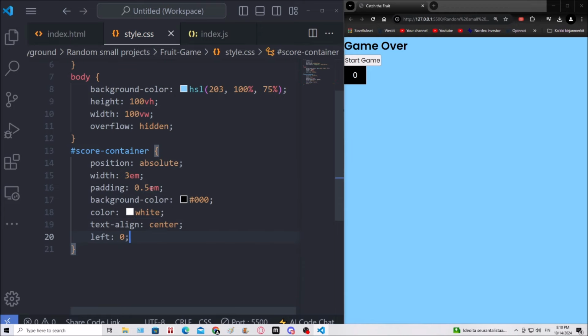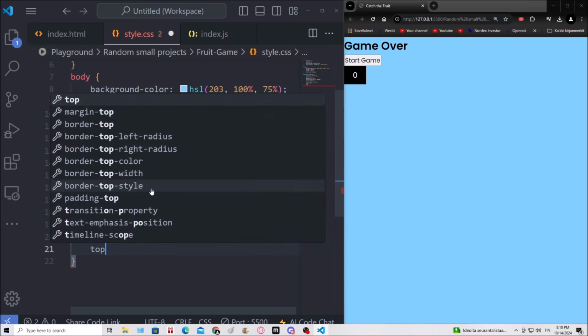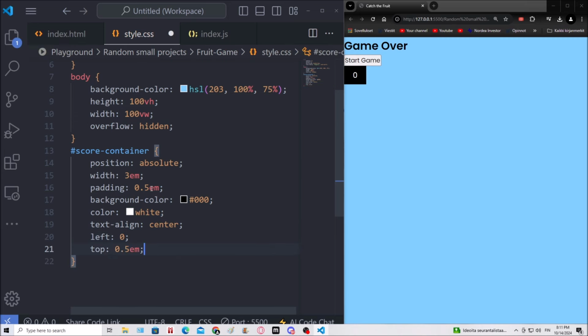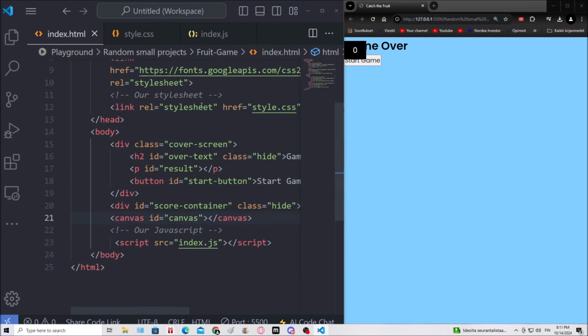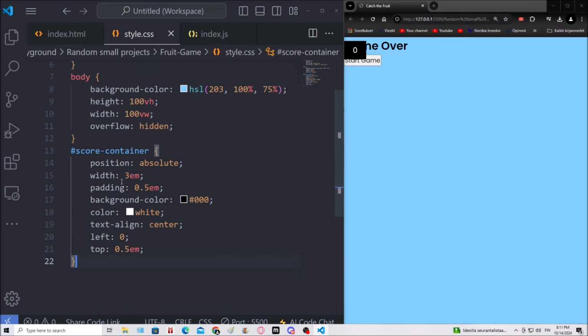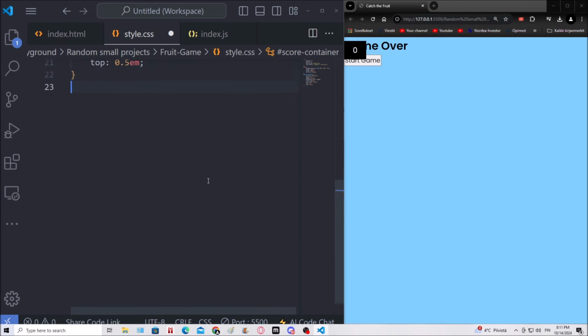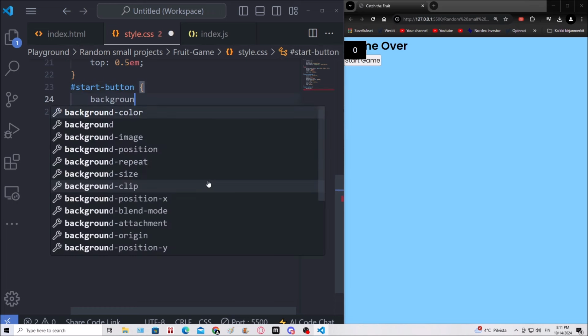Left will be 0 and top will be 0.5 EM. So yeah, that's where the score container will be located when the game starts. Okay, then we gotta get the start button, the ID of the start button. So hashtag start button. And we are gonna make the background color